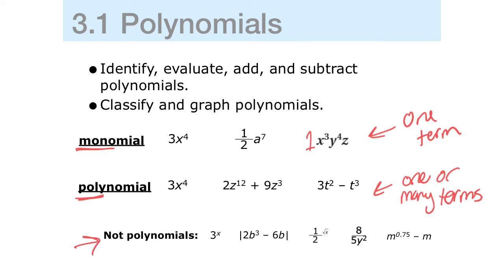Down here, these are examples of things that are not polynomials. Here we have x as an exponent, that is not a polynomial. Here we have absolute value happening, that's not a polynomial. Here again we have the square root of x as an exponent, not a polynomial. This one sometimes trips us up. We cannot have variables in the denominator, so that is not a polynomial. And here we have a coefficient that is not a whole number or an integer, so that is not a